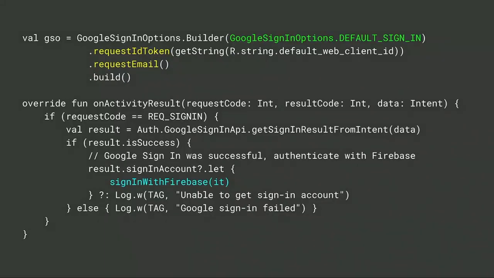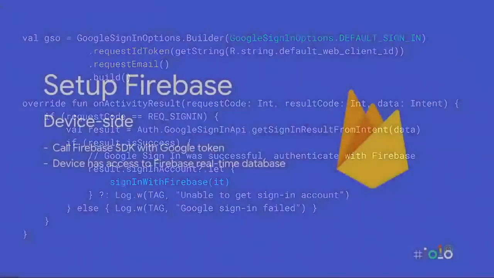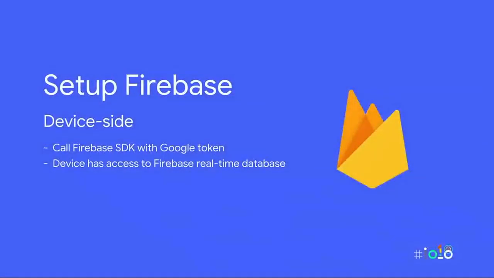We end up getting a JSON web token that we can then pass in to sign in with Firebase, which then allows our device to interact with Firebase as well. But we ship that token, the previous token, off to the device so it can log into Firebase and do things with that. So on the other side, we take the Google token, pass it to Firebase, and authenticate with that. And the device now has access to the